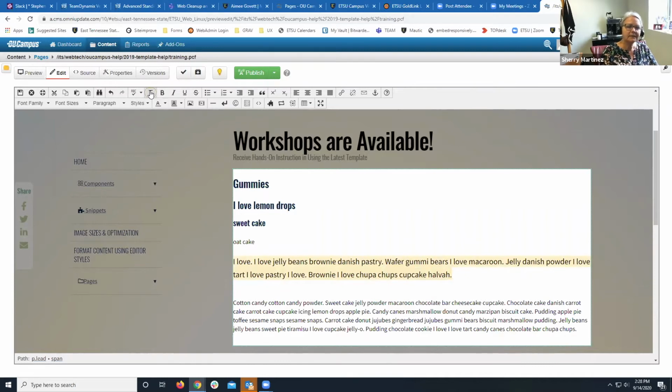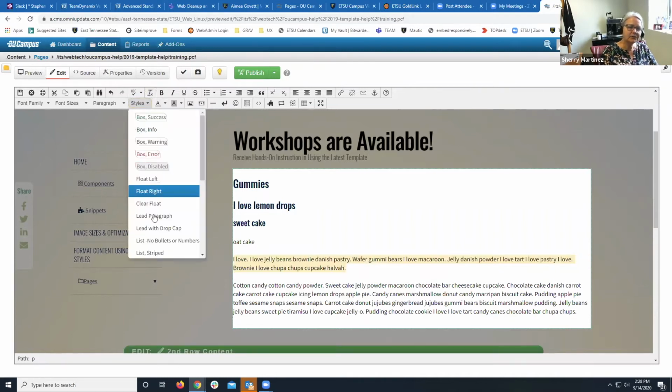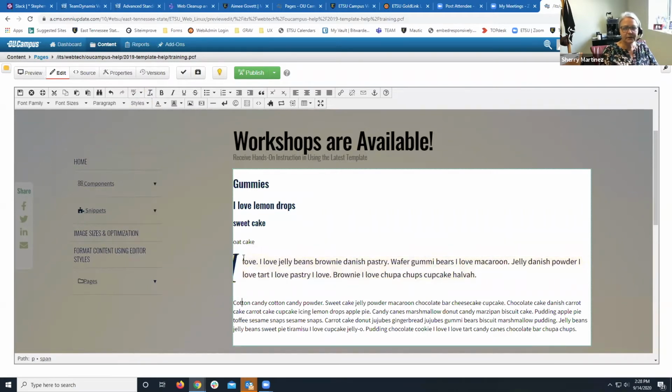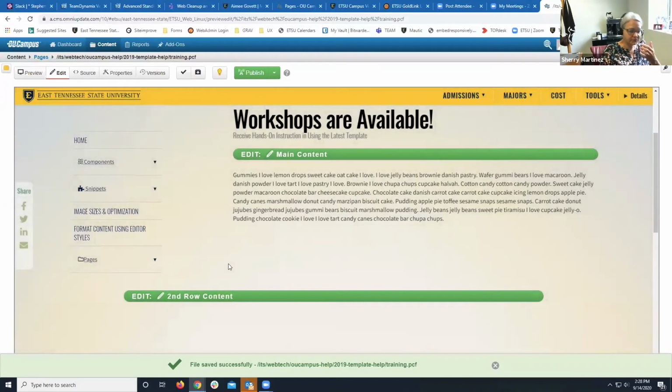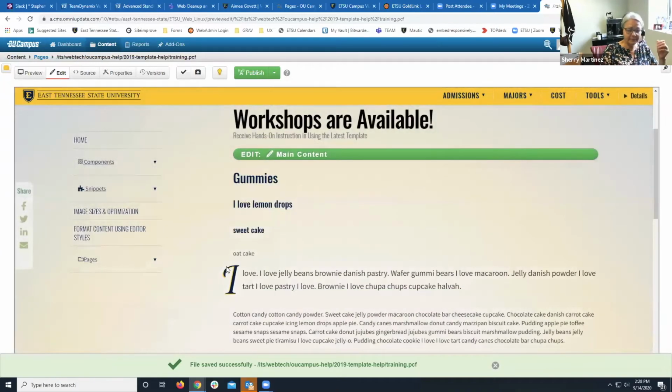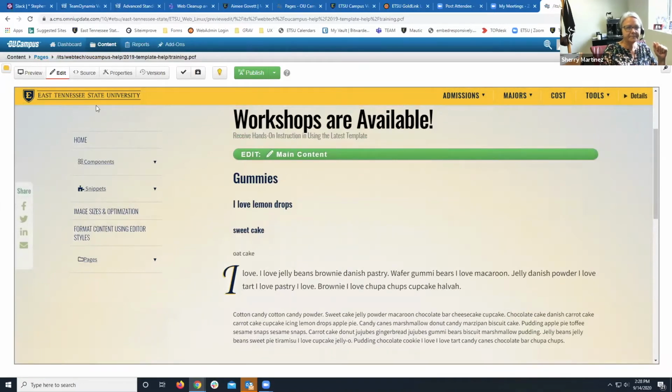And I'm going to clear that formatting, and then we also have lead with a drop cap. So I can always select that and it will give me that capital I. Now in the editor, it sort of cuts that off, but if I save my page, you don't have to save it, but I'll just show you what it looks like when I save my page. So there's the capital I, and that gives you a nice little drop cap. Okay, I'm going to go back into edit,